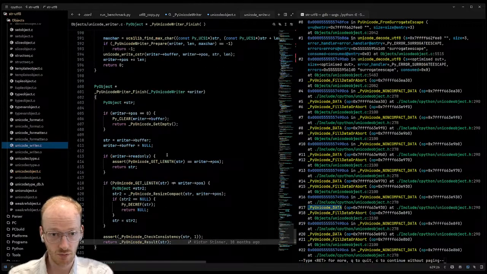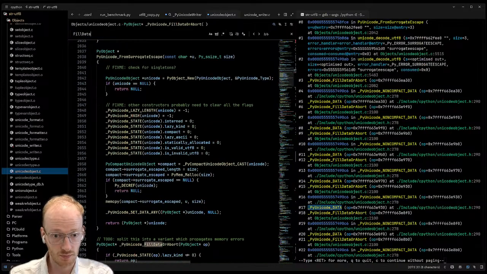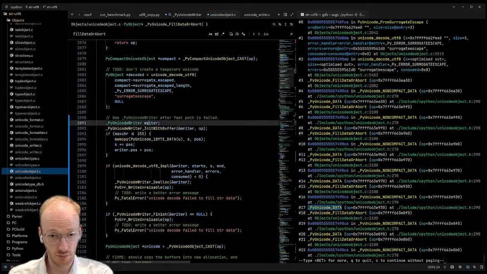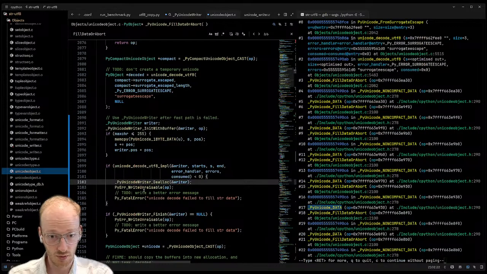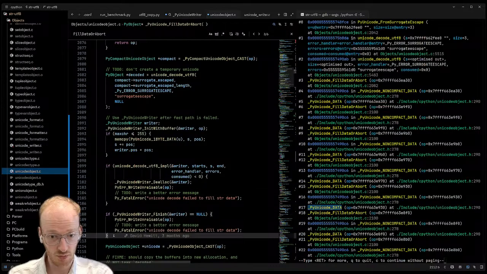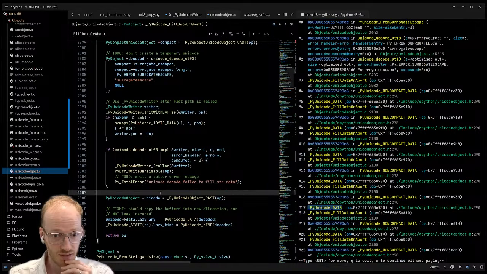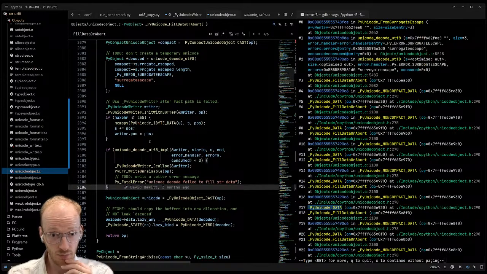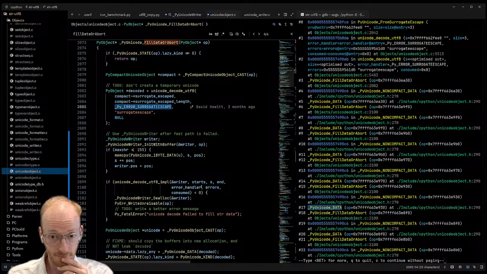Let's go back to fill data or abort. Yep. So I think with the writer, we can do that. We can do the decode. And then I'm going to pretend we don't need to do anything here. And we just forget about the struct. Because I don't think it holds any references or anything. Right, yeah. So with that, then we hopefully are in a better place. Well, remove the Unicode writer.